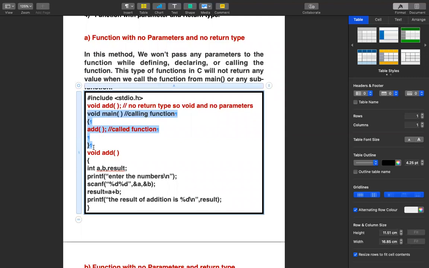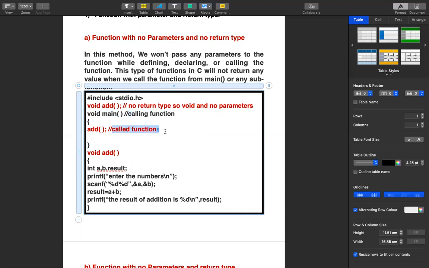When you see the main function, main is a calling function. Why is it called a calling function? Because it is calling a function called add. So add is a called function, since add is getting called inside the main function. Since it's been called inside main, we call main a calling function and add a called function.